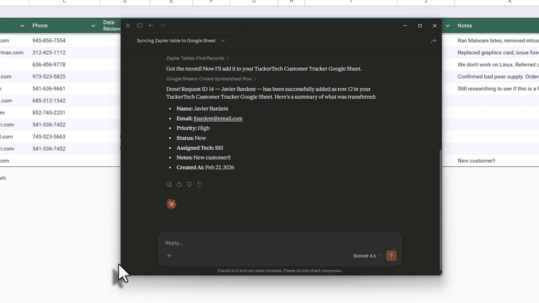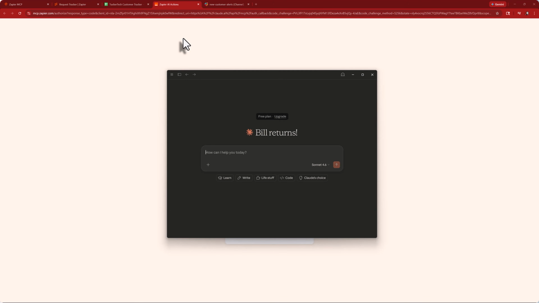Now let's take a look at a more challenging example for the AI. Now that we've put together a basic instruction and confirmed the connection works, let's do something a little more advanced. Let's say I want to provide Claude with a brand new lead that I want added to my Tucker Tech customer tracker, and I want a message to be sent to my Slack channel alerting my sales team that this new customer is here. So what I'm going to do is I'm going to put in a pretty detailed prompt,